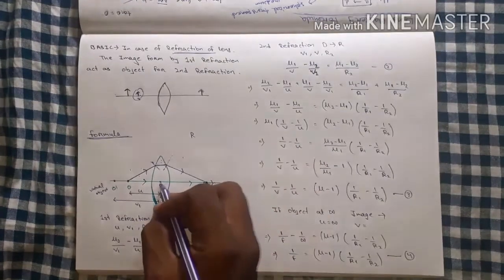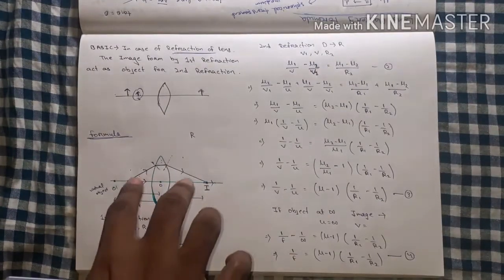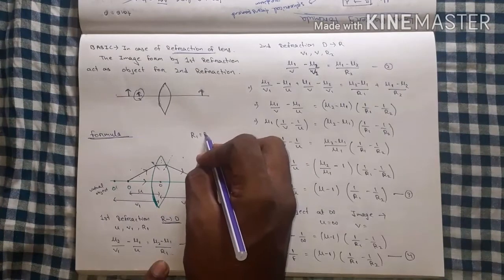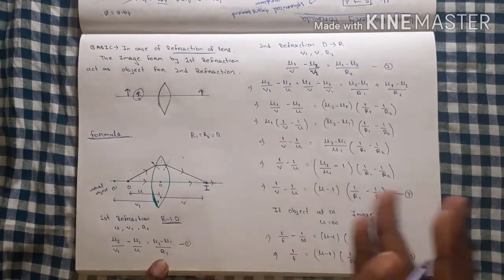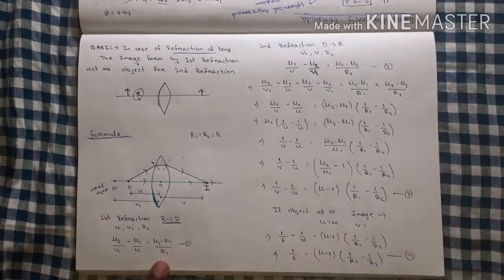R means radius of curvature. For a lens, r1 equal to r2 equal to r. So don't worry, you can put r1 in place of r2 also, okay. Then